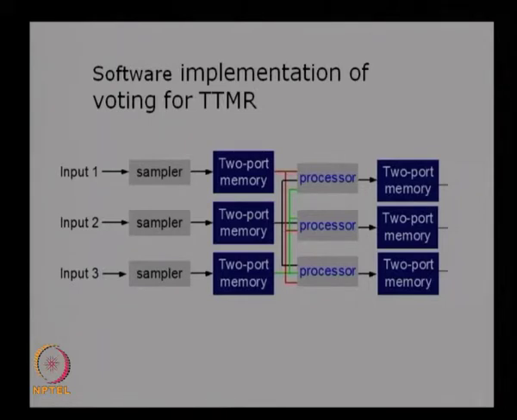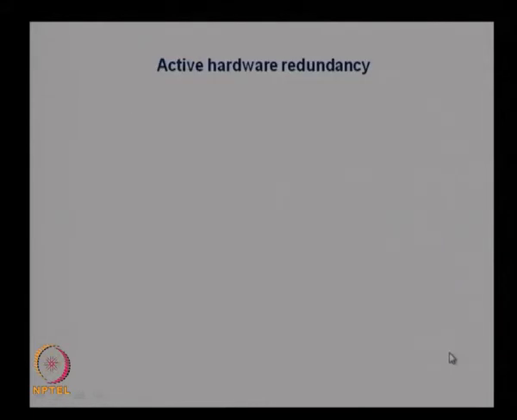So, this is very important in implementing the passive redundancy, because the voter is one of the most crucial, critical items in passive hardware redundancy. But most of the time it will be implemented using software, because it is easy to implement, and the cost of implementation is also reduced here. But of course, there is a possibility of failure because of the computation time and synchronization. So, that has to be taken care of while we implement voters in triplicated TMR as well as other modular redundancies. So, that was about the passive hardware redundancy.